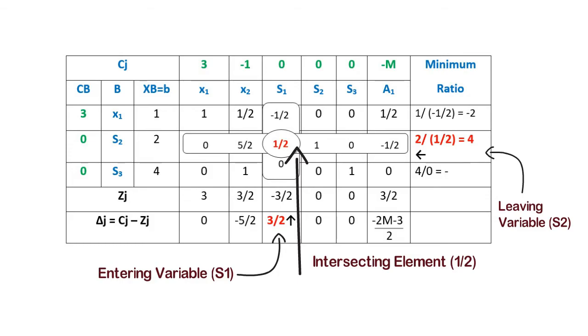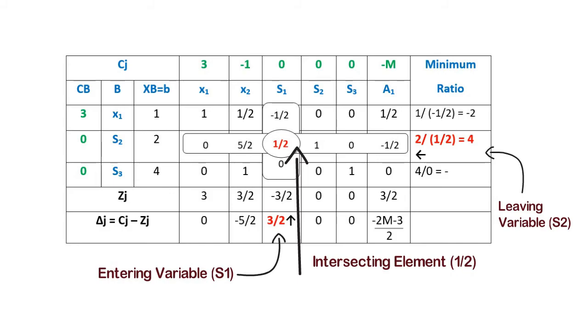Now we have to repeat the entire calculation that we have seen previously. After dividing that second row by 1 by 2, whatever row you get is considered as the new row, and then you have to calculate the first row and third row of the third matrix. For that again you have to use the same formula, that is, first row of the second matrix minus new row into coefficient. After that, whatever values you get, you have to write down in the first row.